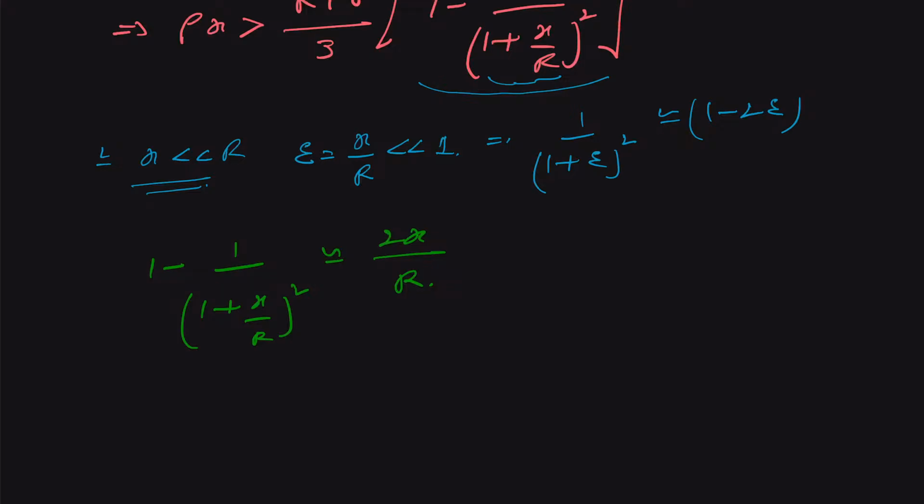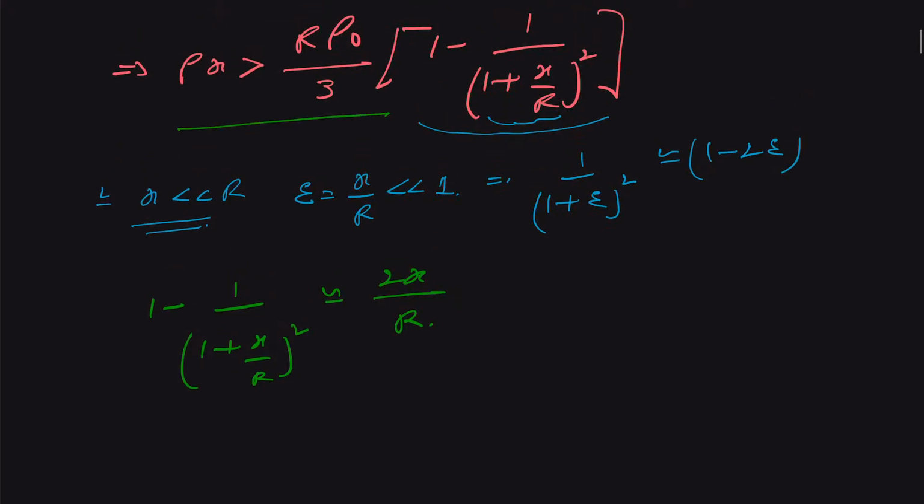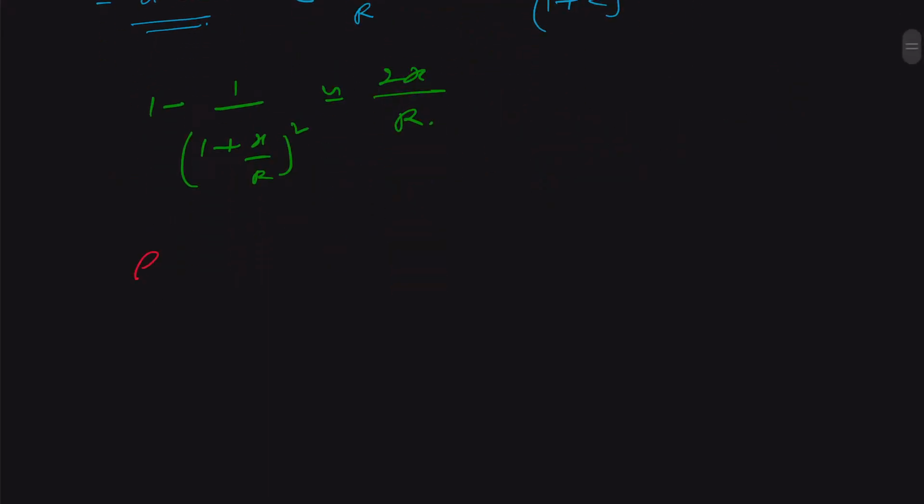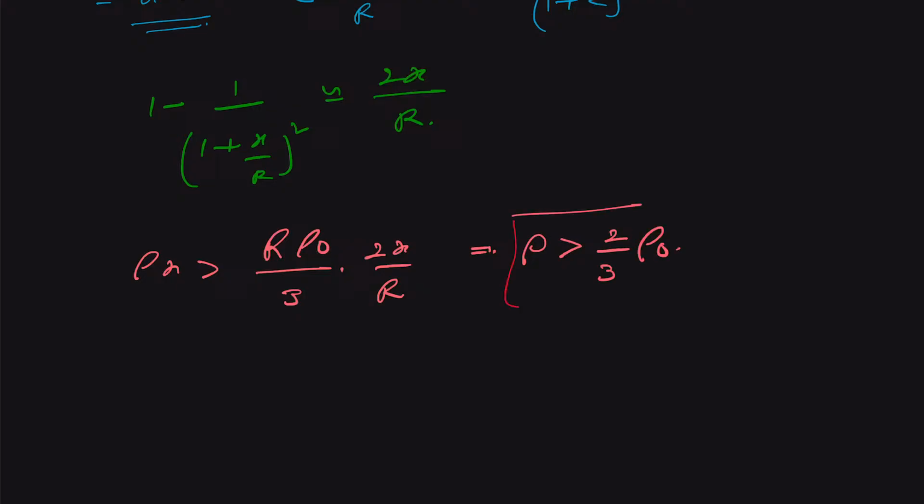And so we substitute back into the equation, and we get rho x should be greater than r rho naught upon 3, times 2x upon r. So it means our rho should be greater than 2 by 3 times rho naught. That was the condition which was asked in the question. Okay. So we got the solution of our first question,